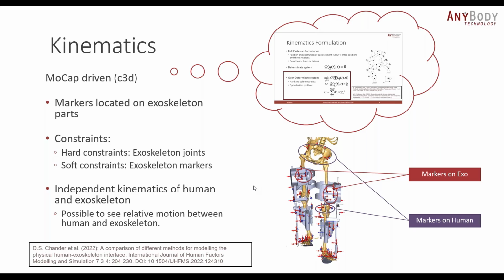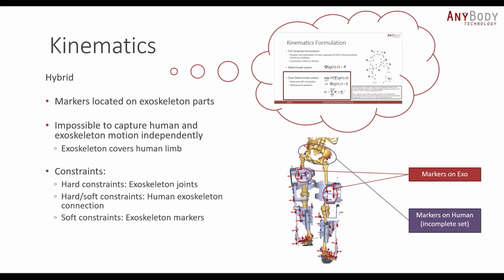But just taking this image as an illustration and moving on to the next system, where you may have an exoskeleton that prevents you from applying markers on the human. For example, I've removed the markers on the knee in this photo, even though this is not how we set it up, just for illustration. The point is that you will have an incomplete set of markers on the human because the exoskeleton prevents you from applying markers, but you do have sufficient markers on the exoskeleton. In this system you will not be able to capture the human and exoskeleton motion independently, and then you would need to